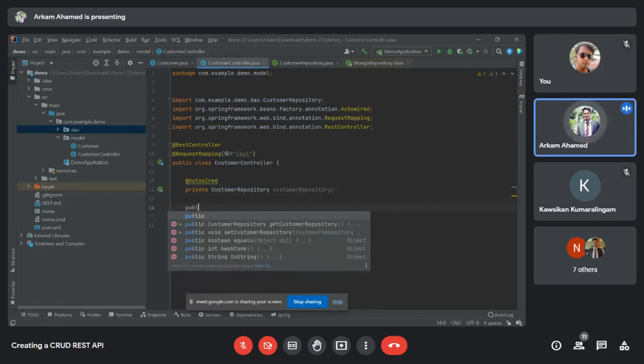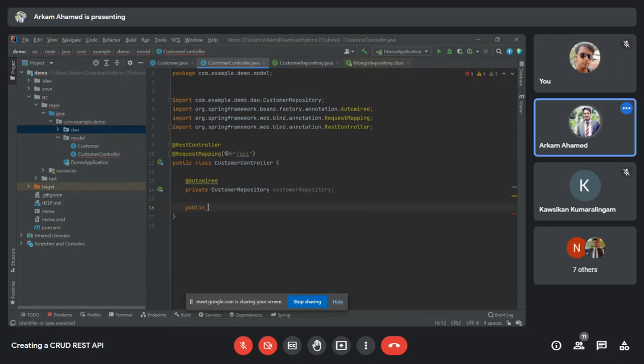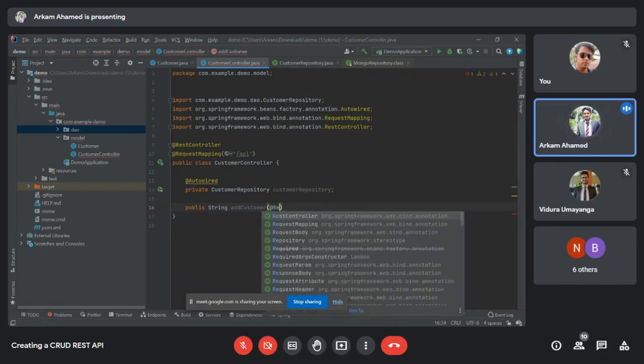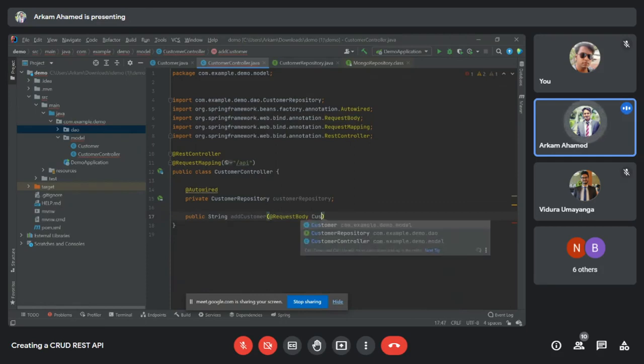And then let me create a method to retrieve the data from the database. First we will create a method to post the data. Since we need the input data from the user, we will have to annotate with RequestBody, and then pass the Customer.